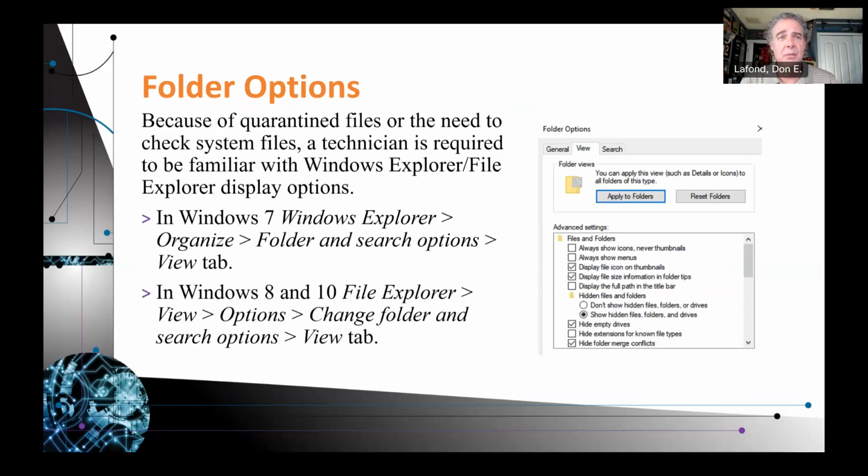For example, you may want the, what's it called? Hang on. I forgot the word, file extensions, but you can, for example, hide file extensions, or you can show file extensions. I like seeing .exe or .bat or .txt or .pdf. I like seeing what kind of file it is, not guessing what type of file it is. So I always show those extensions, and you can control that inside of your folder options.